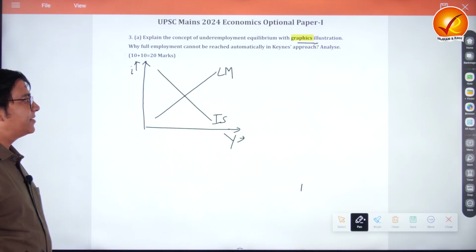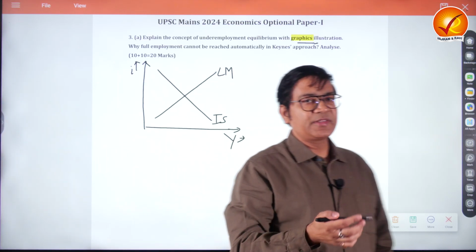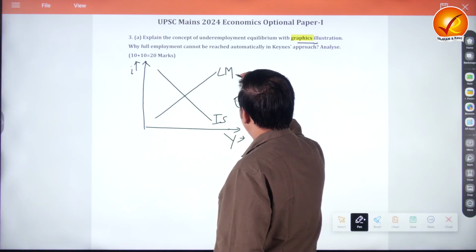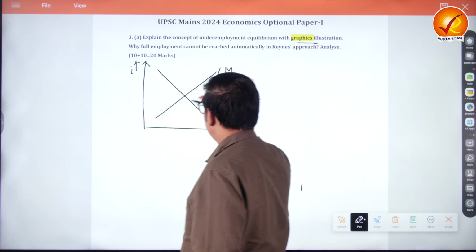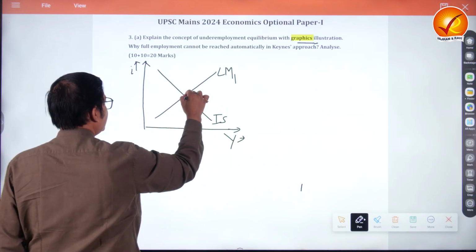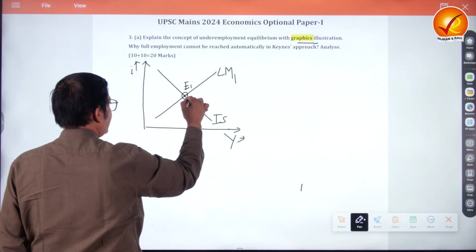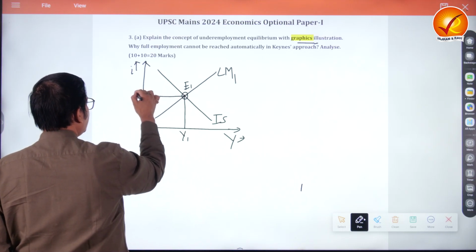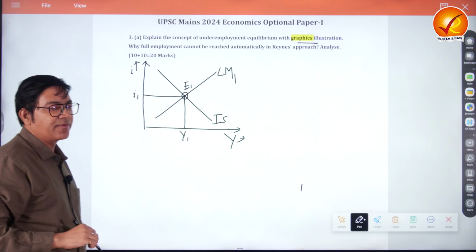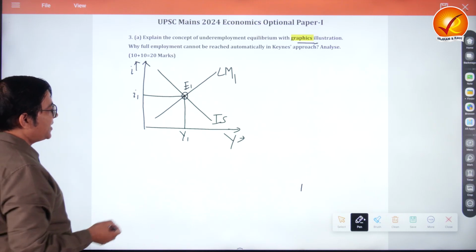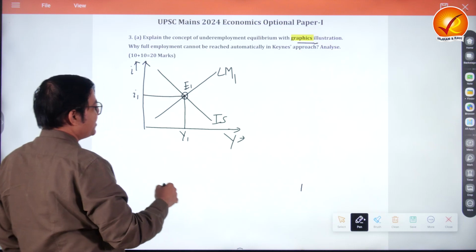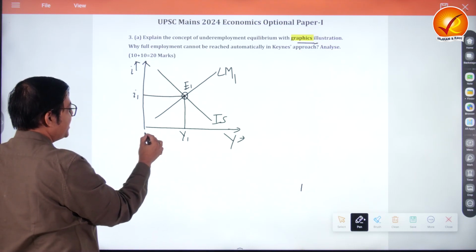IS-LM is the most modern way in which the Keynesian analysis is done. Let's give it some name also, call it LM1. In this case there is an equilibrium at E1, some equilibrium output Y1 and interest rate I1. Now do one thing, draw a kind of a multiple section graph